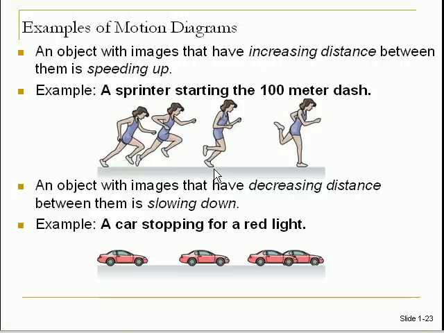So if the first snapshot happens here, the next snapshot happens maybe 1/30th of a second later. Notice how she covers a small distance. And then the next 1/30th of a second, she's covering more distance. Then the next 1/30th of a second, she's covering even more distance. So notice how if we take a snapshot, equal intervals of time, she's covering more and more distance. She's speeding up. Now for an object slowing down, here's a car that's slowing down as it approaches a red